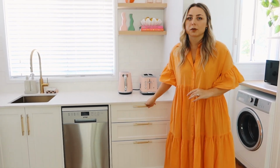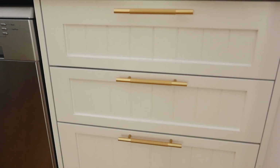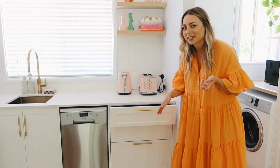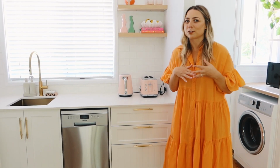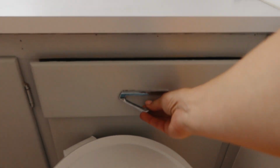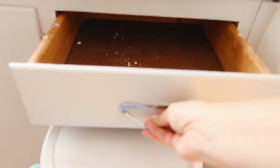And then we got these gold handles as well. I'm not actually sure where we got these. I'll try and link them below. They're just online somewhere. And when you open the drawer, amazing, it goes in and out with a soft close, because our last drawers were literally wooden doors on wooden tracks. They had cracks in them, they were all bent. They honestly were so hard to open and close,